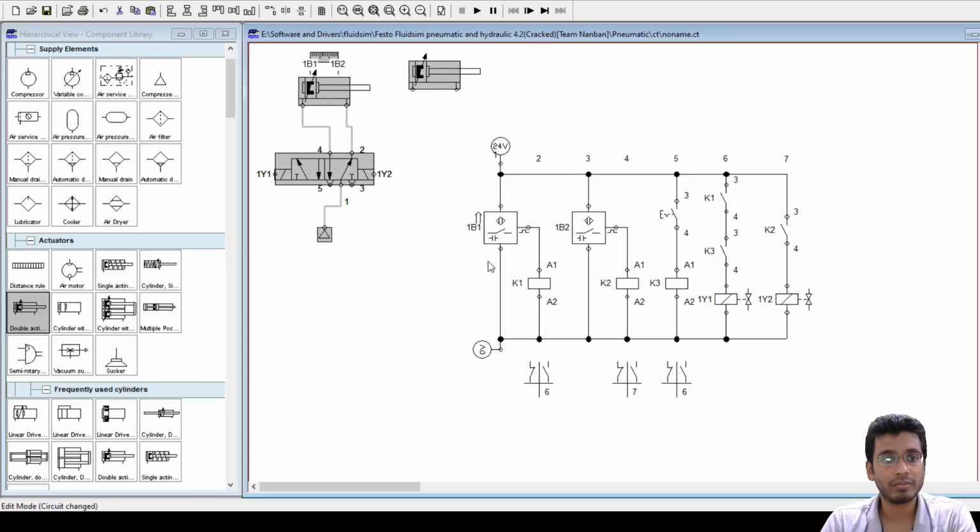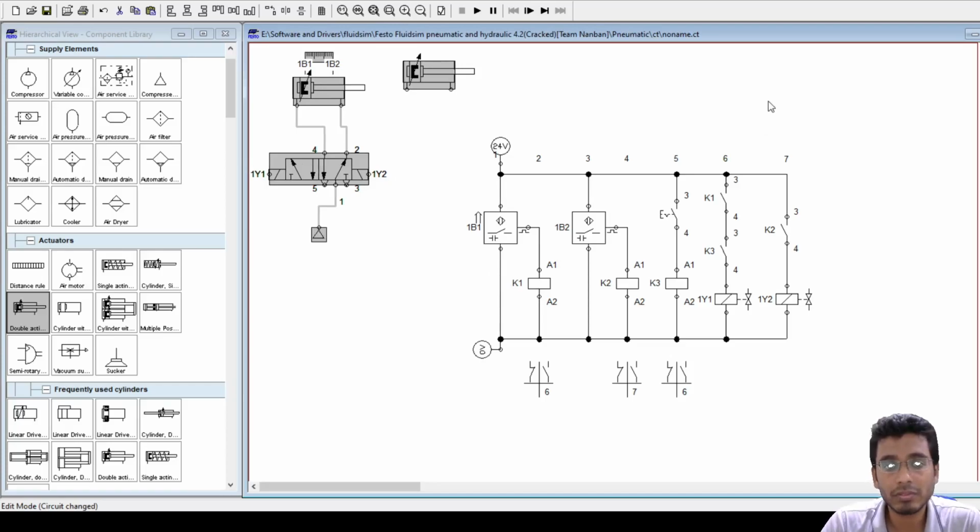So where do we feed the time, sir? In the problems which you were doing in pneumatic, there was like time equal to 0.4 seconds. So where exactly do we feed those data? No, see, that extension and retraction time of the cylinder will not come here. That time will still be controlled by the flow control valve here.